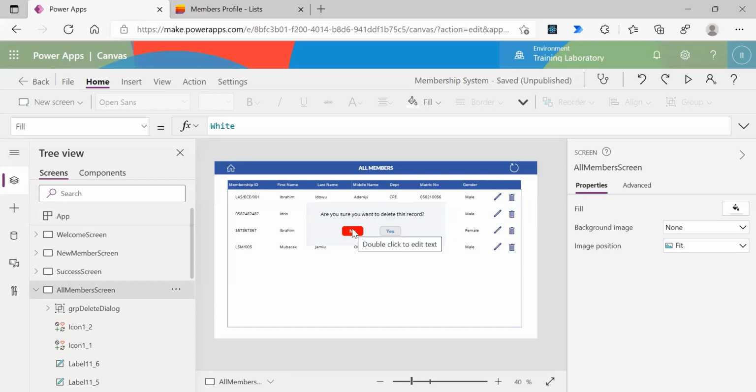Now let us do this. We want to set a variable. I know that for those of you who are new, a variable is actually a temporary holder. It holds data temporarily, right? And the data can change based on user action. Now, I would say that when this button is